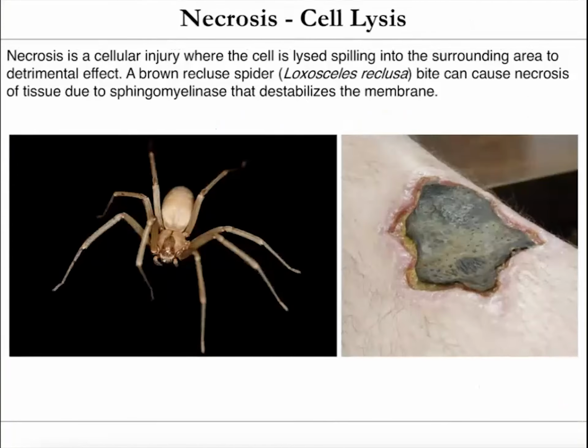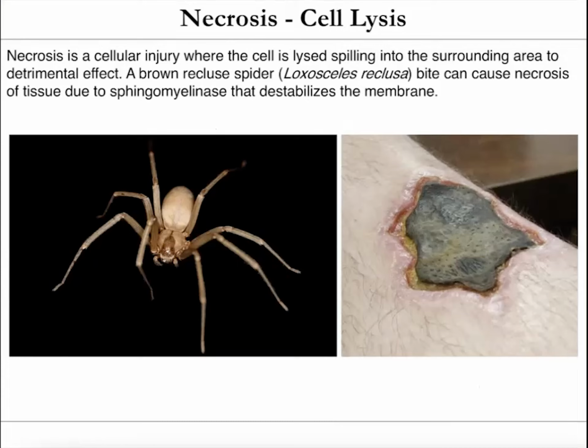So what happens when a cell dies, basically? So we talked about cells growing and differentiating and cell division and everything. What happens at the end of a cell's life? So one thing that you don't want to happen to a cell is necrosis. So necrosis is what happens when there's an injury to your cells that basically causes the cell to lyse. And it's going to spill all those contents within the cell, including proteases and all sorts of molecules, into the surrounding area. And that can affect other cells nearby and cause injuries.